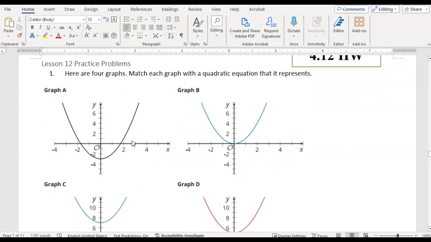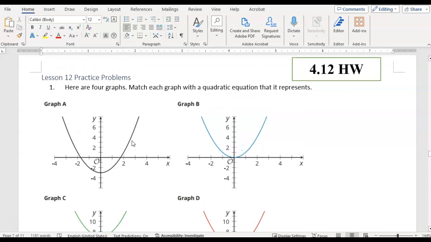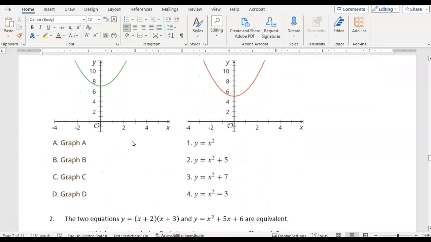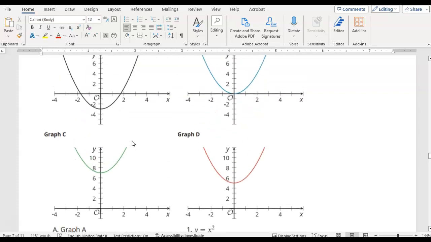Today we looked at graphs and what happens when we change the coefficient of a quadratic function and also what happens when we change the constant. So we're going to match the graph with the quadratic it represents. The first one says x squared. That's our basic